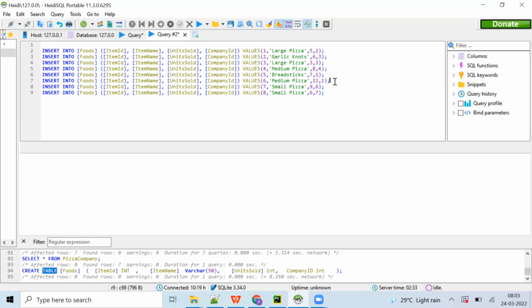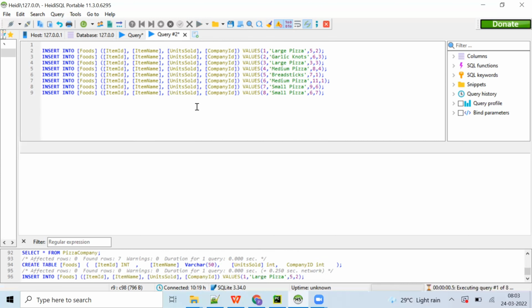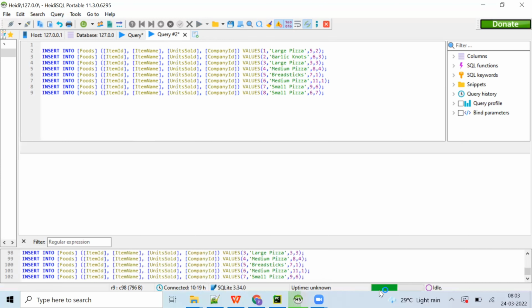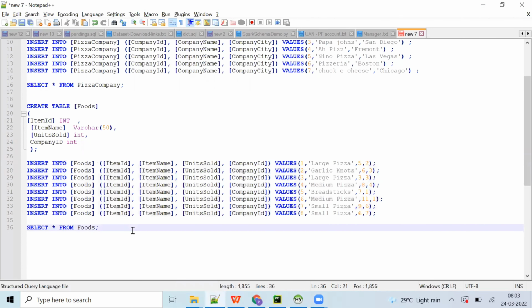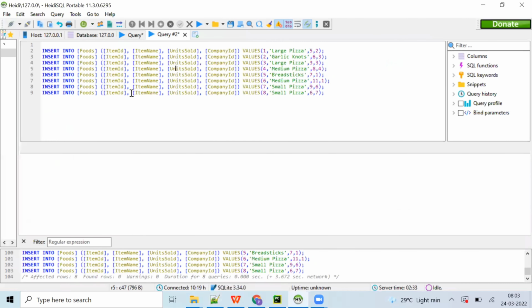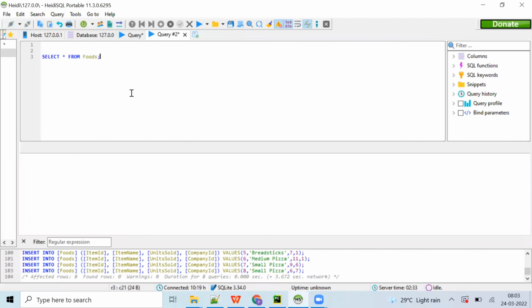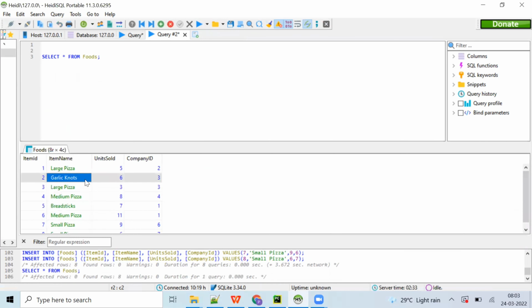Click on the play icon and all these statements are separated by semicolon, so there is no problem in executing all together. Now we can run the select star from food table to verify the records are inserted correctly or not. Okay, we have the food table also. Some data is loaded now,